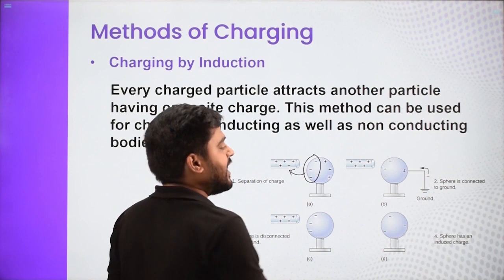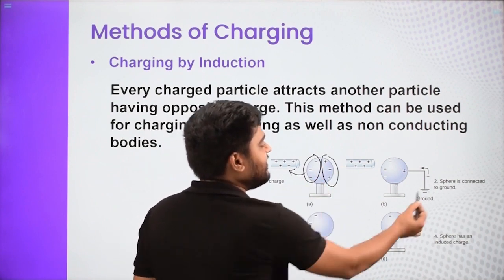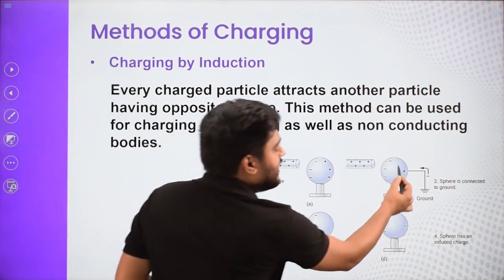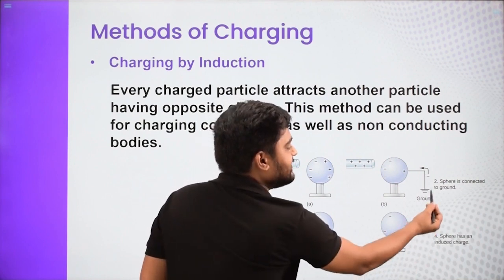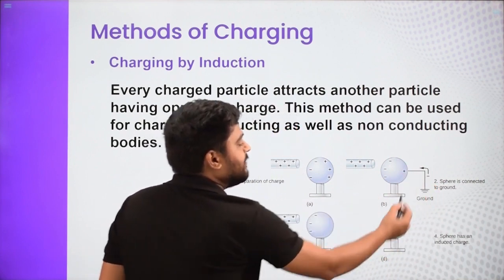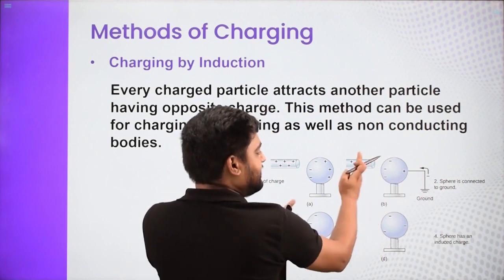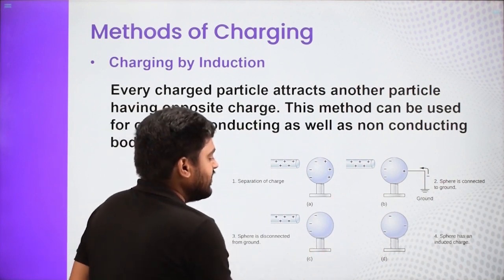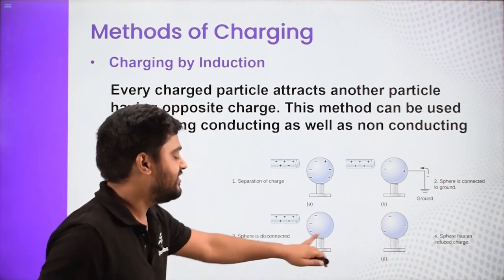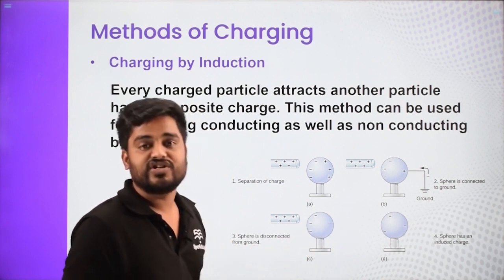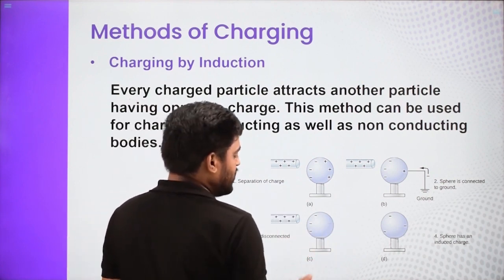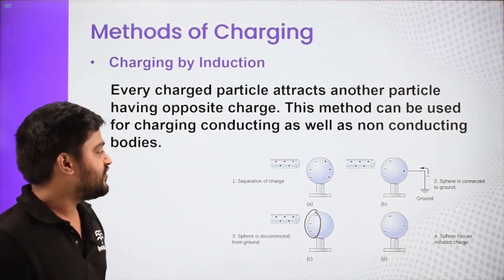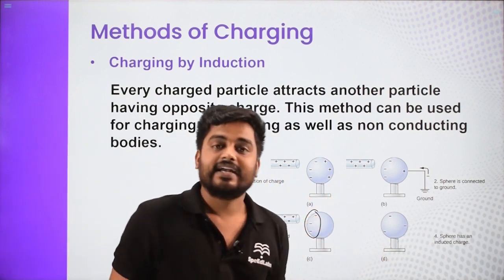When you do the earthing, this region is positively charged, and when the earthing takes place, that part becomes neutral. There was a deficiency of electrons, and some electrons come from the ground and make this part neutral. But these electrons are still attracted, so they remain there. Now you remove the earthing. As soon as you remove the earthing, these electrons are still attracted, and overall this is now negatively charged. As soon as you remove this one also, these charges get redistributed throughout the body, and now you get a negatively charged body. So initially this body was neutral, and now it is negatively charged.